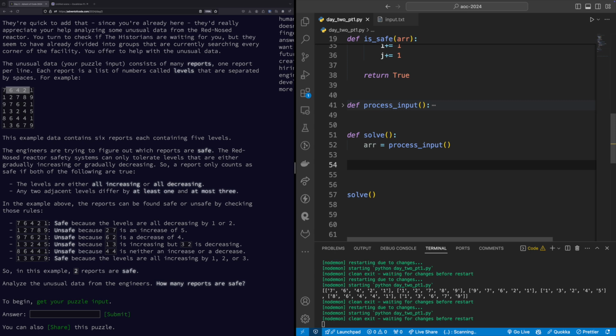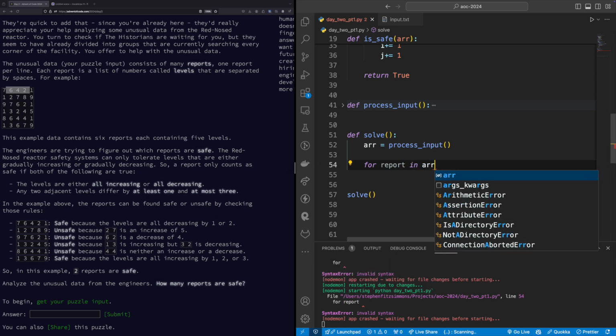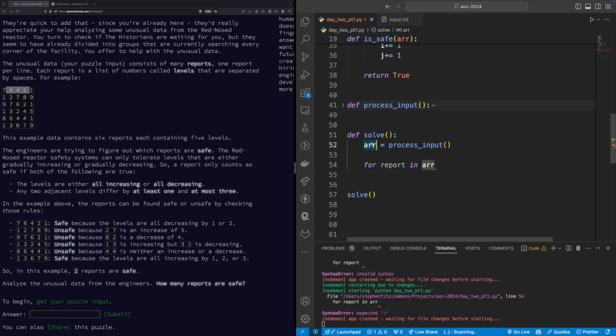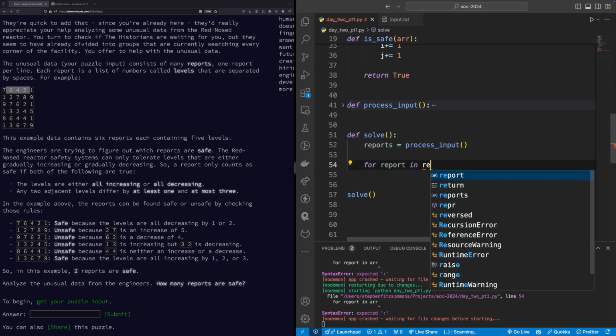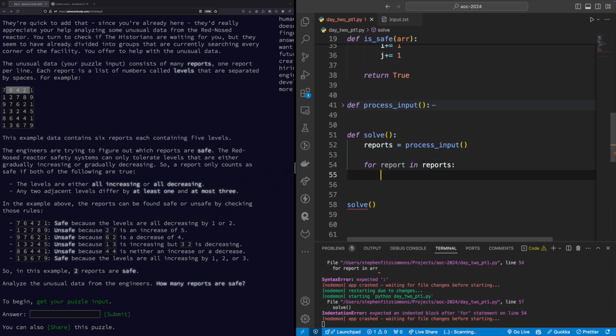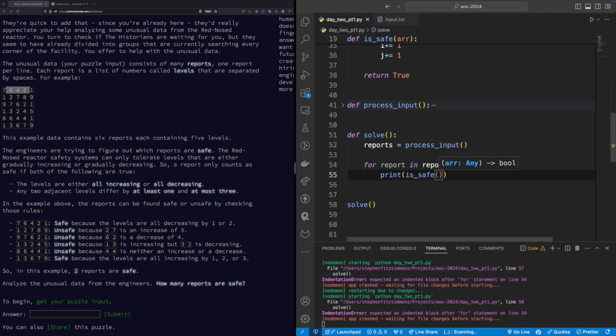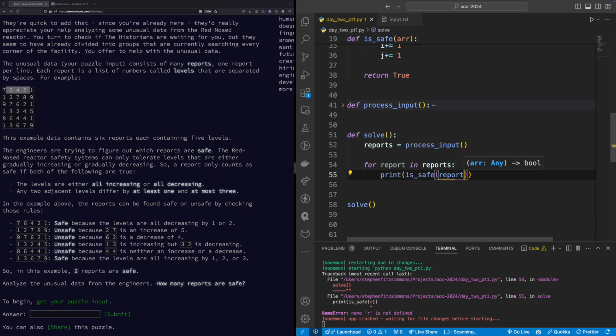So we need to iterate for report, since they're calling these reports in the array. Let's call this reports, because that's an apt name, right? That's what they're calling. So these are all, this is an array of reports. For report in reports, let's just print is safe and pass the report to it. We should get,